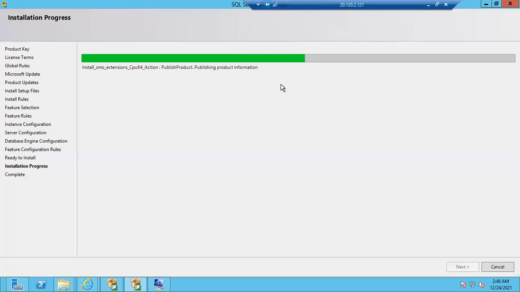Is there any log which we can refer to during installation? Is there any error? Yes, it will give the complete status, but we want a log where we can check. There is a log, not only for SQL Server, whatever you are installing in the Windows machine, it will be kept in a separate log. For SQL Server, there is a separate log. That log is called the summary.txt file.